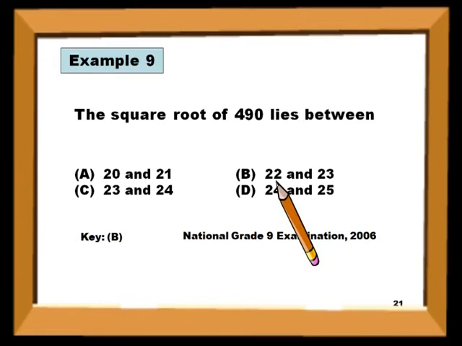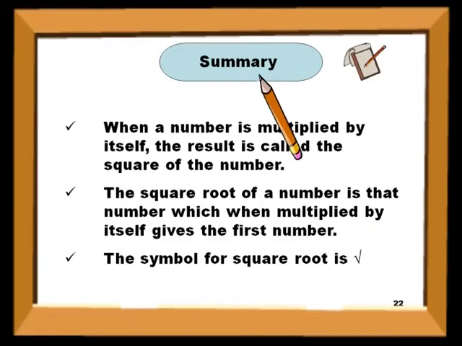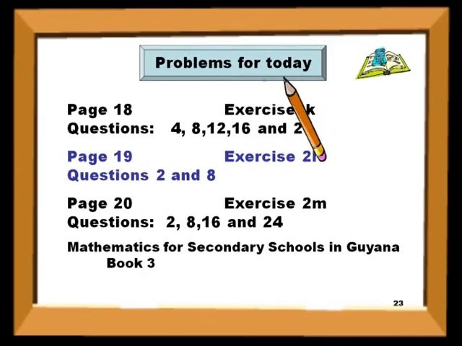Key. B. Summary. When a number is multiplied by itself, the result is called the square of the number. The square root of a number is that number which, when multiplied by itself, gives the first number. The symbol for square root is